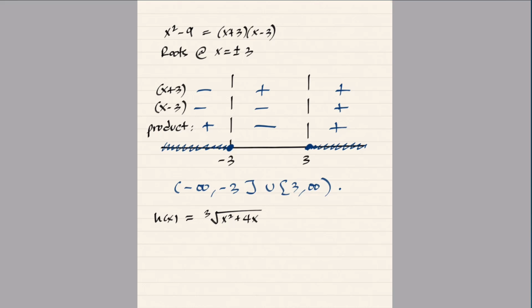So what about the domain of h of x? Well, again, the index is odd, and the argument, the radicand, is a polynomial. And so we know that we don't have to worry about it being unreal or anything like that. That polynomial is going to spit out real numbers for whatever we put in. And so the domain of h, rather, is all real numbers, because the index is odd and